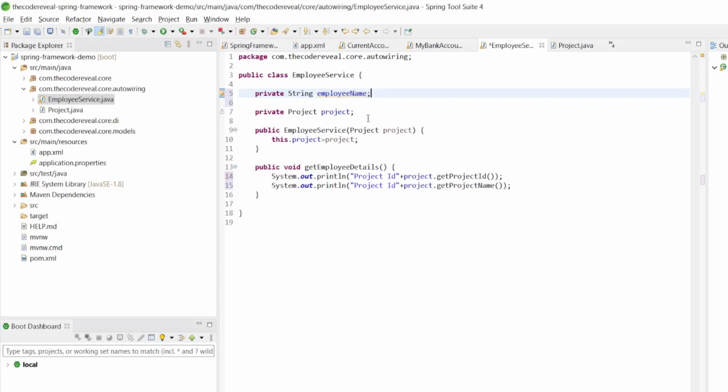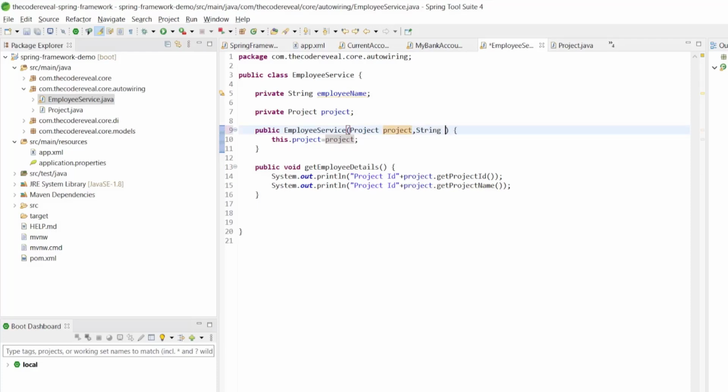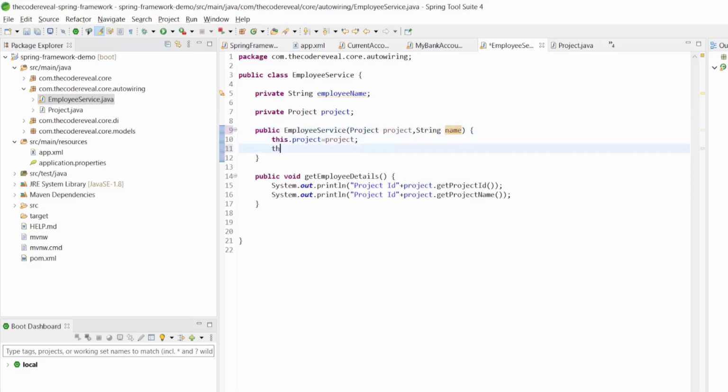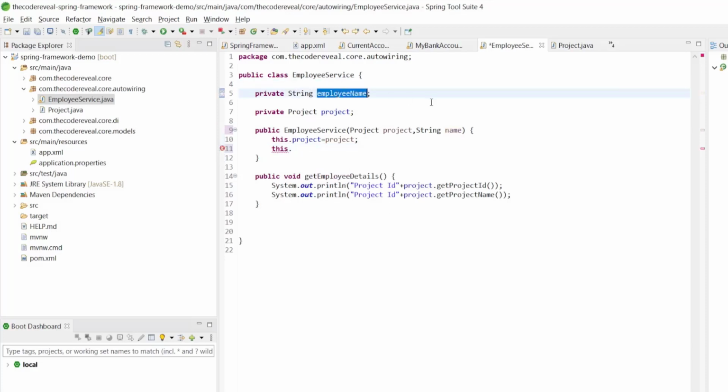So here I have added employee name. Let's here do String name. So employee name will be used here. this.employeeName equal to employeeName.